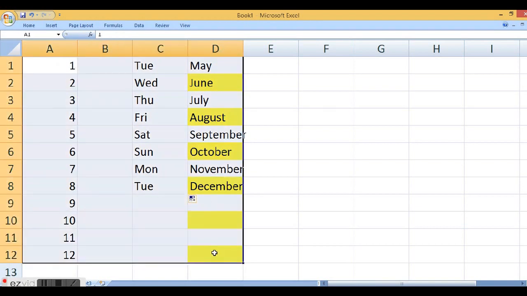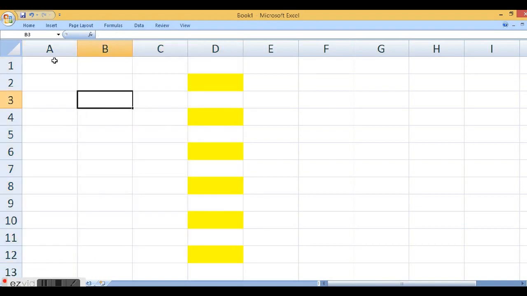So I think you understood this clearly. The important thing is the black dot and the solid plus. In some cases in Excel, the black dot and solid handle will not come. Why it will not come and how to correct it, I will cover in part 2 of the basics video.